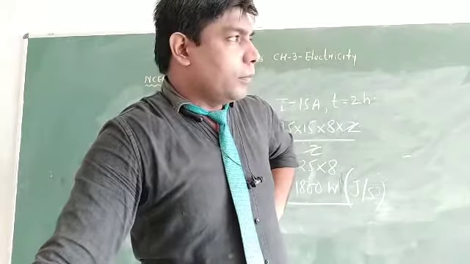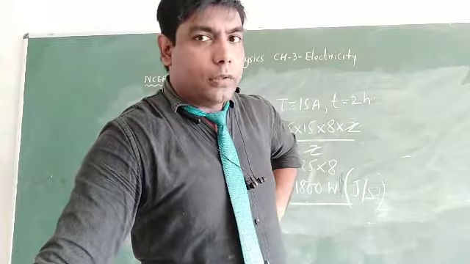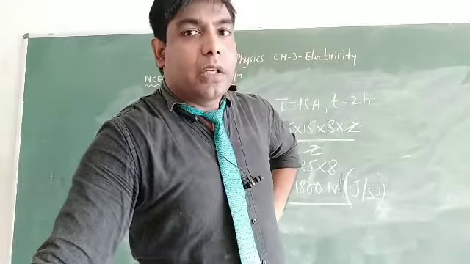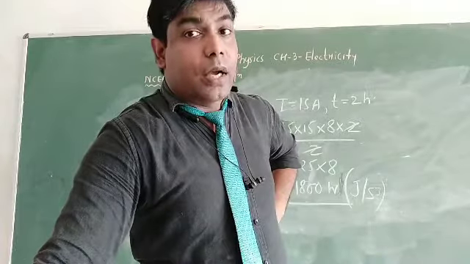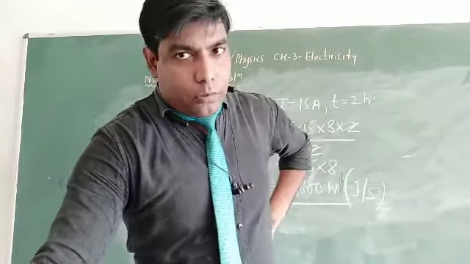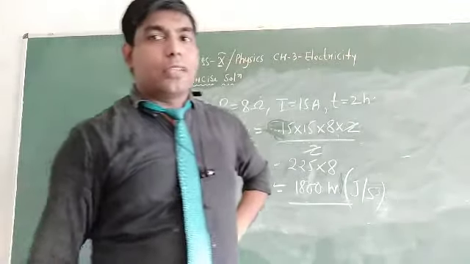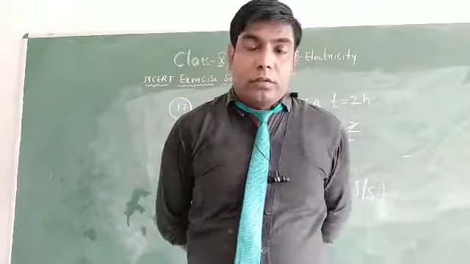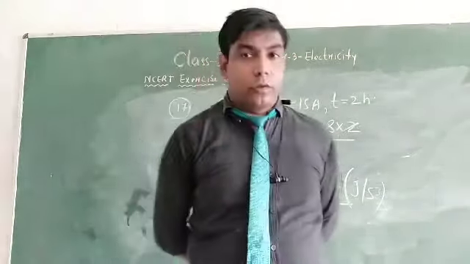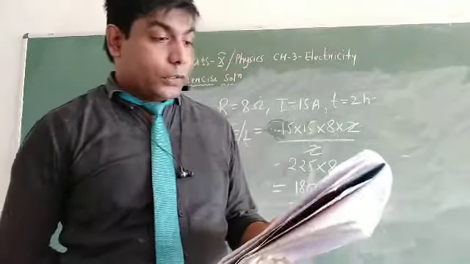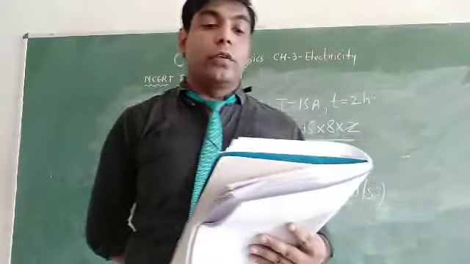If we use another metal or alloy, then it will react with oxygen and form another compound, that is its melting point will decrease. Also, for tungsten, it is seen that its resistivity is very, very high. Because for glowing of the bulb, more heat must be produced, and heat produced is directly proportional to the resistance. Since resistivity of tungsten is high, more heat will be produced in it. Right? So these are the reasons or properties of tungsten for which we use it as a filament in a bulb.